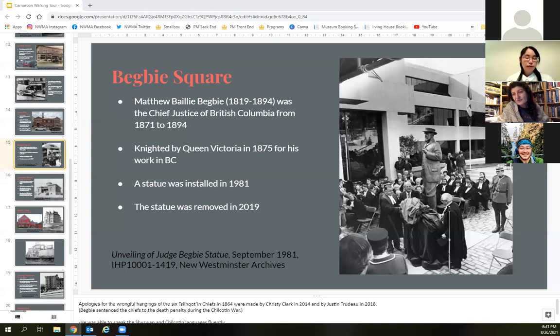And what I'm still learning and a little confused about is that although he did make these sentences, it's also recorded that during the 1870s, he took part in persuading the federal government to preserve Indigenous people's rights to fish on the Lower Fraser. So I'm a little confused. I'm still learning about where his stance was and what his relations were with the Indigenous people. However, the statue was removed in 2018 for the